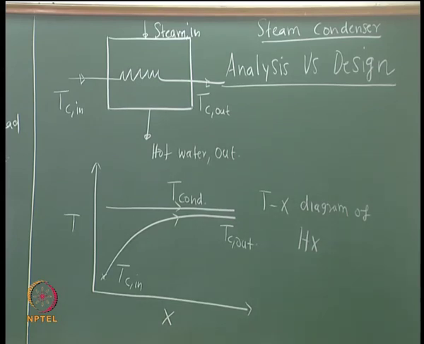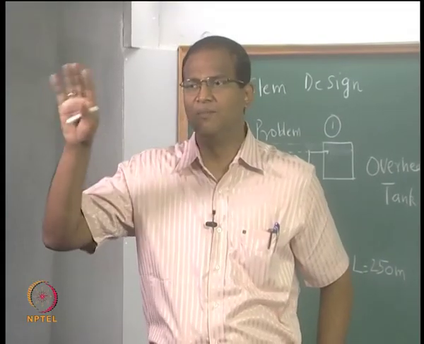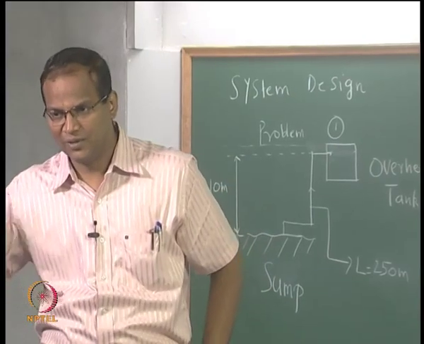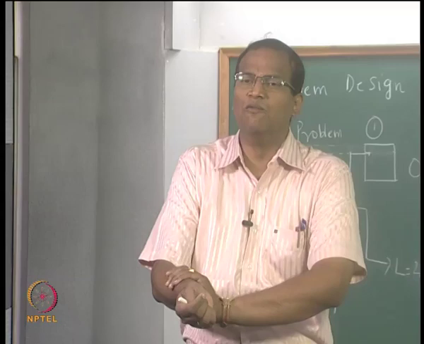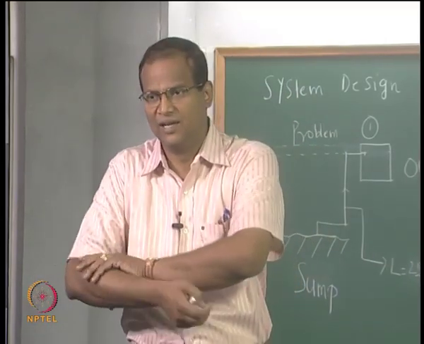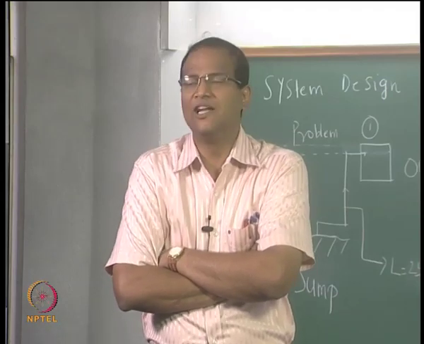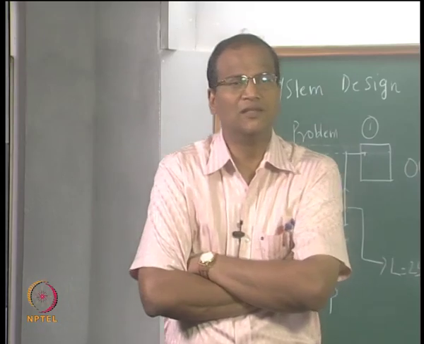There are several ways of working this problem out. One possibility is this: I want to condense m kg of steam, which is at a particular temperature and pressure, into m kg of water. Right now I have cooling water at 30 or 40 degrees centigrade. Now I want to come up with the design of a steam condenser. So, how will you go about designing this?